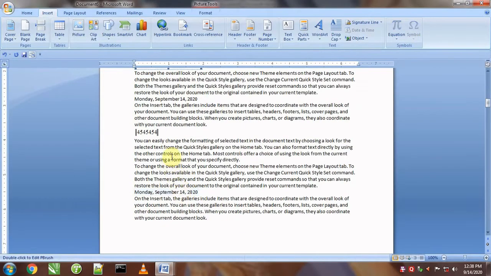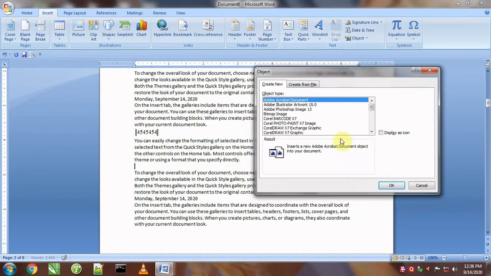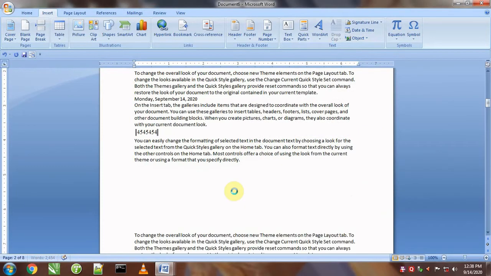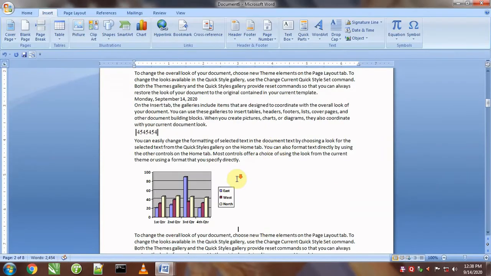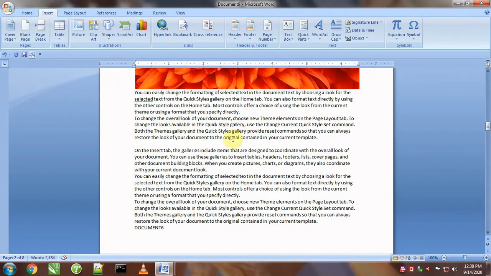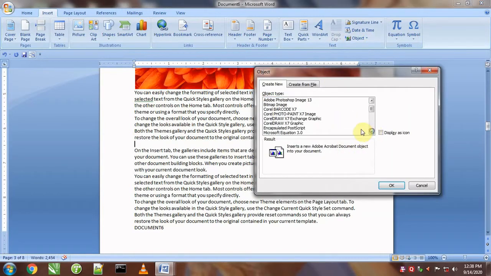Next object is, I will click here, go to object, and I will put a graphic chart. Okay, it is a graphical chart. It is one more object. Next I will put a graphical equation.